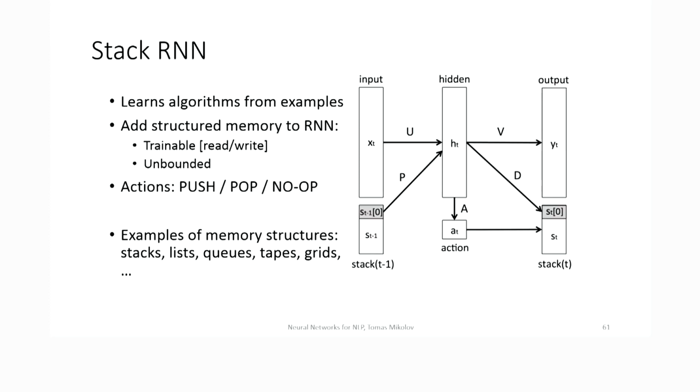Our version of learning these algorithmic patterns is to have a model that has some sort of memory. You can see this as a recurrent network that operates on some type of memory that has a topology. We tried stacks first, which have the ability to grow in size. It's actually enough to have two stacks in the model to be Turing complete. That is necessary to be able to learn, in general, any sort of algorithm in a finite length. And the model just learns how to operate with this memory.